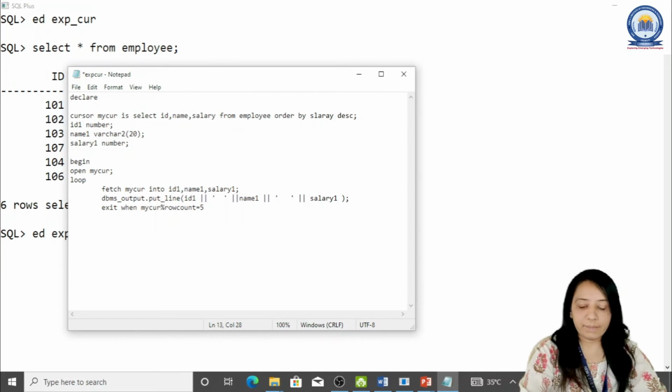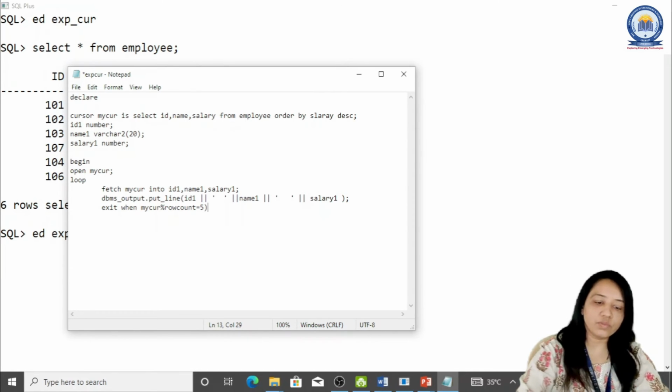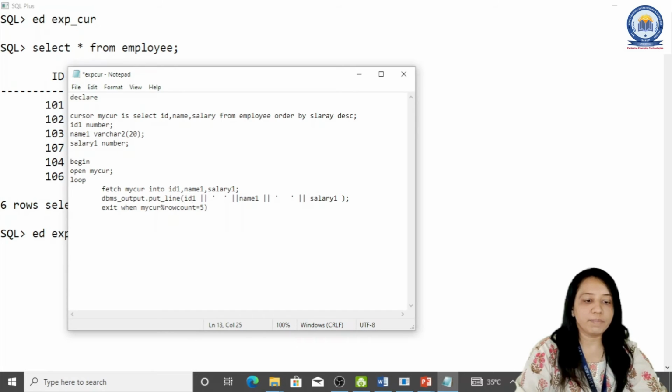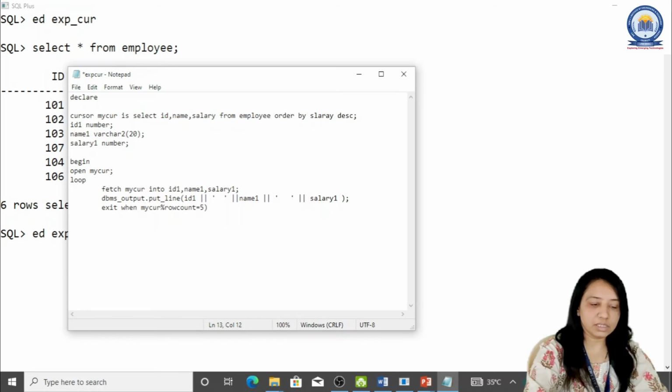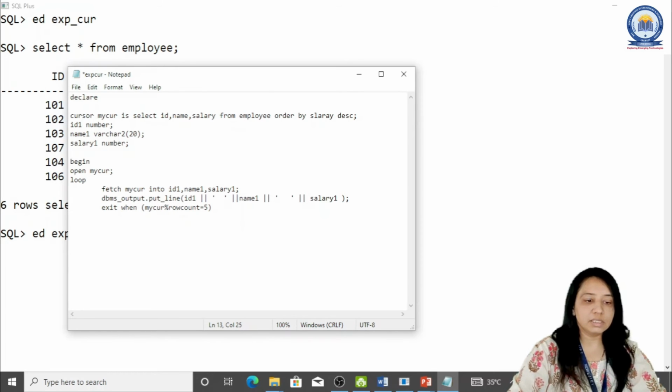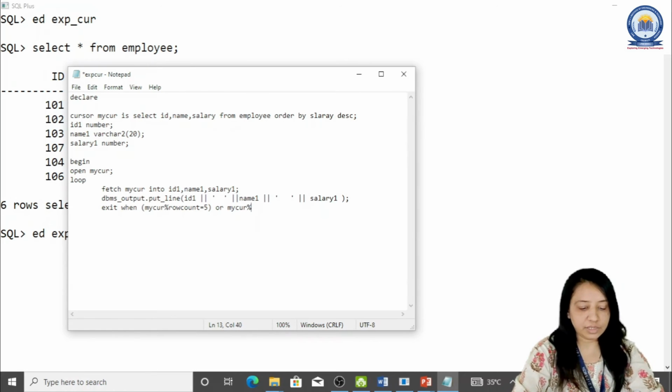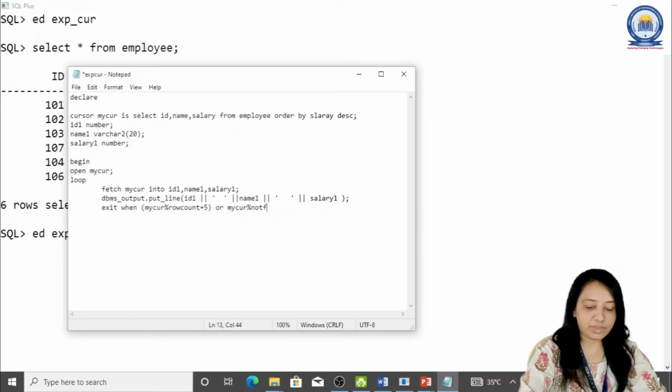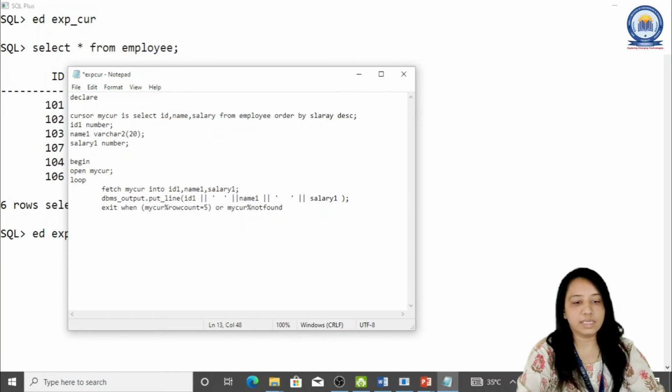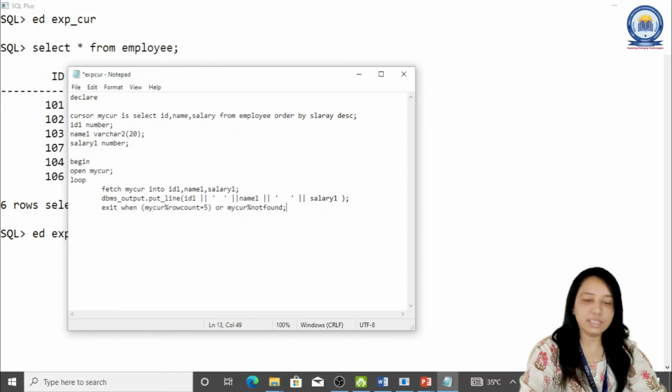Otherwise, it sometimes happens that the number of rows or tuples may be less than 5. So we write another condition, exit when my cursor%notfound. It will return true when the tuples are less than 5. So this is about the loop concept. Then we have to end loop.